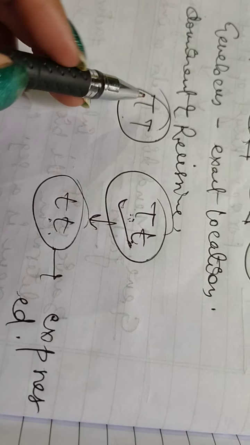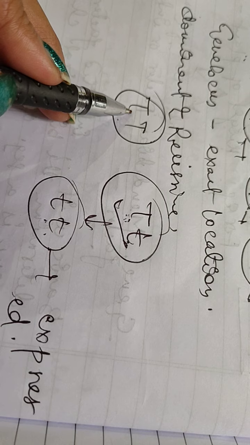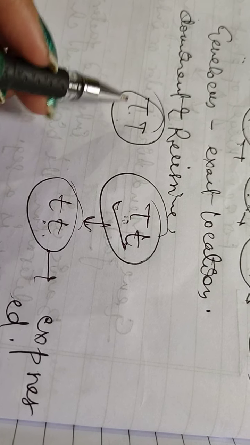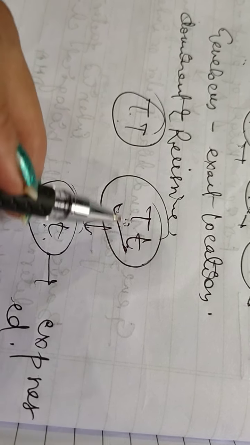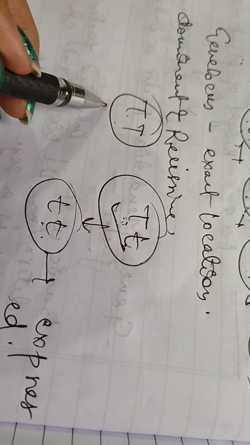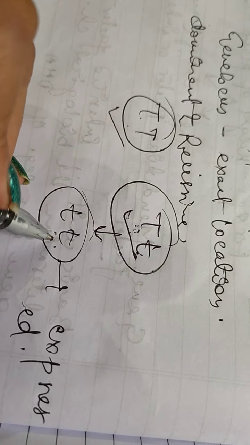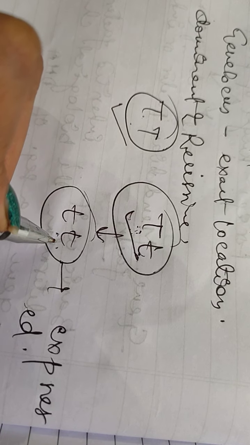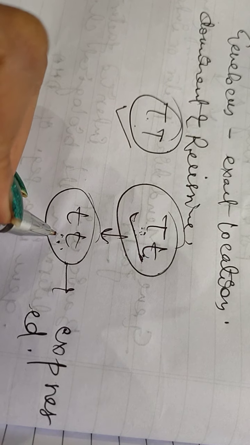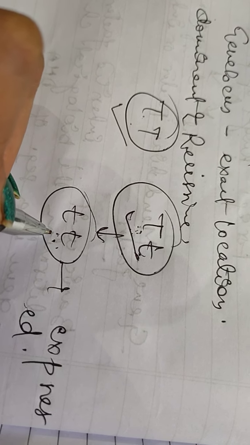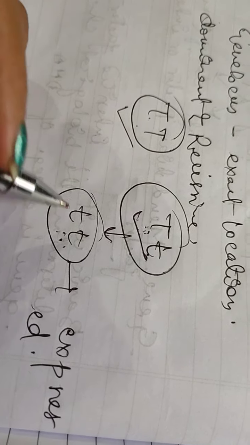So for this dominant character, they don't alter, because it expresses itself here and here also. But for the recessive one, it should be in the homozygous condition, then only can it express itself. So next is